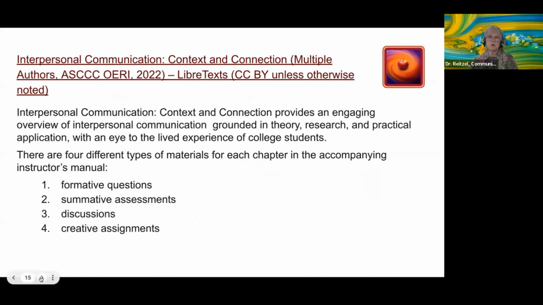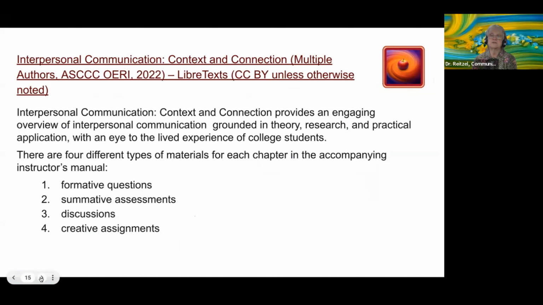So I want to talk for a moment about the specific project. And Delmar, you said you shared with them a little bit of what it looks like. I think this was a stroke of genius on the part of LibreTexts. It is so user-friendly. I absolutely love it. So when we developed this